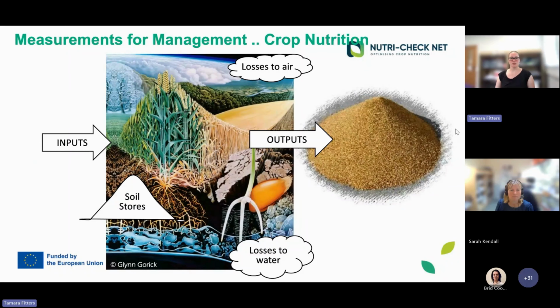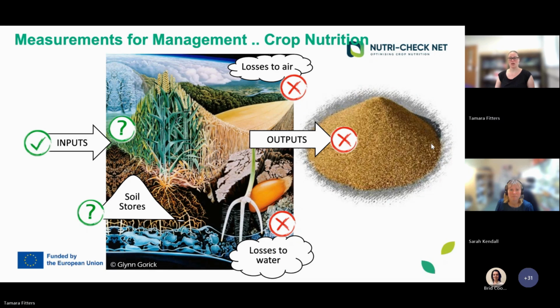So when we look at measurements for management in crop nutrition, we have a lot of different parts. We generally know our inputs, which is our fertilizer. We know our soil stores over here, roughly every 3 to 5 years. We're not entirely sure what is in the crop, because it is not something that's routinely measured. And what we definitely don't know, because we don't really measure it, is how much of the nutrients is being lost to the water, how much is being lost to the air through volatilization,